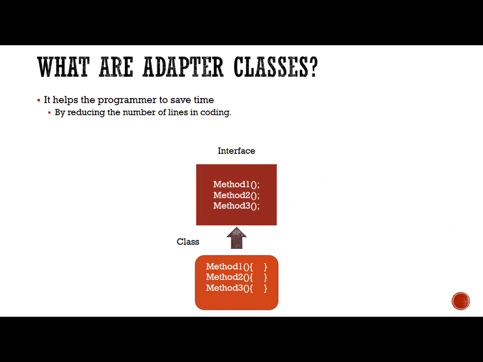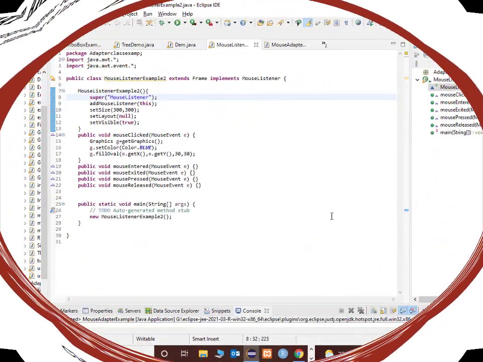Before we actually see what adapter classes are, I want to show you two programs which I have written, and I'll execute them and show them in Eclipse. One with an interface, where we are going to use something called the mouse listener interface, and we'll also see what a mouse adapter class is. Run those two programs, then come back and see the code of those two programs and see how adapter classes are far better than interfaces. So let's directly go to Eclipse now.